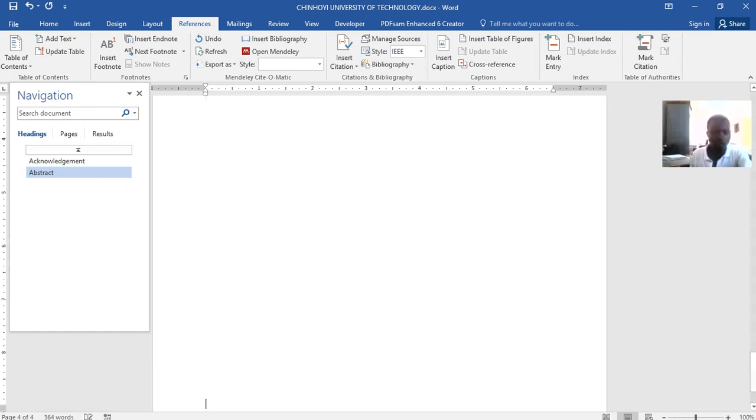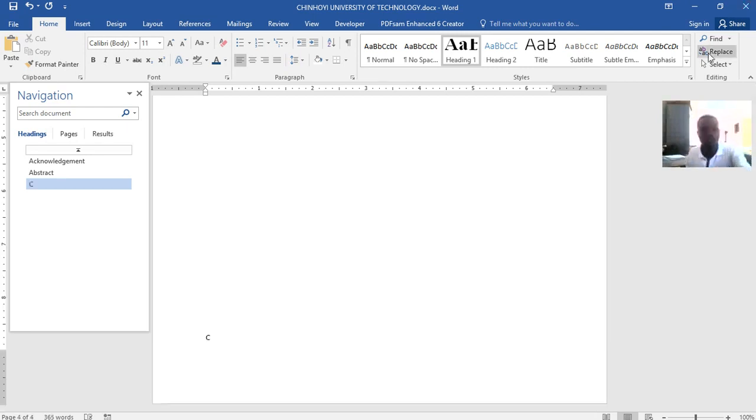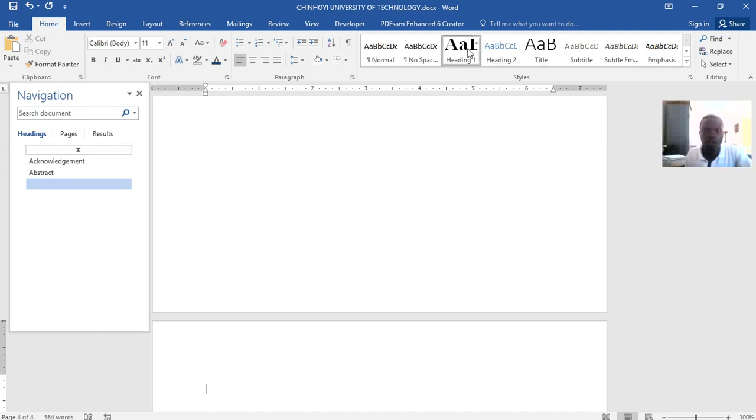So each chapter starts on its own page. Here I want it to be heading 1, right? I say heading, I've clicked on heading 1. Now I say chapter. Let me click on heading 1 and then say chapter